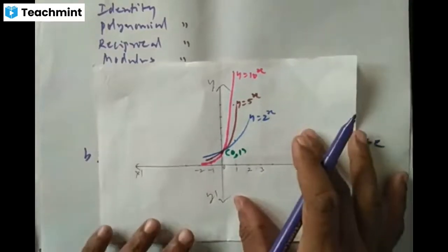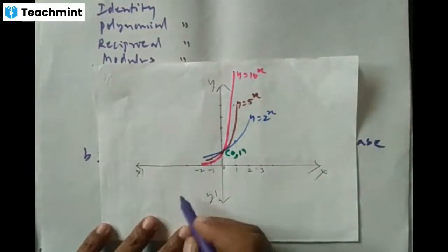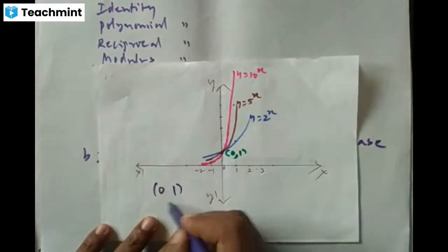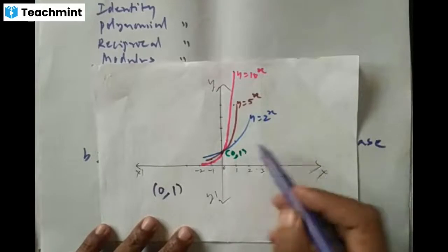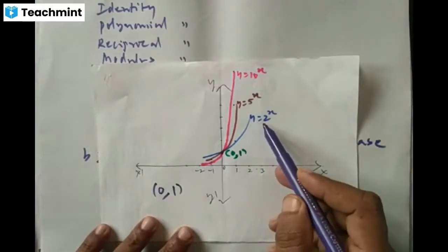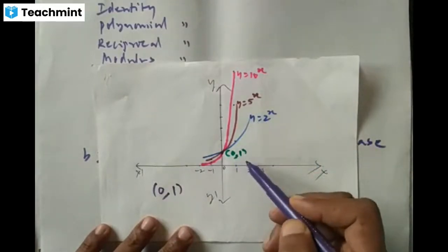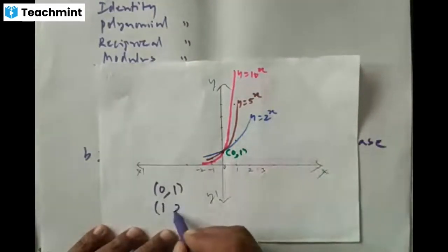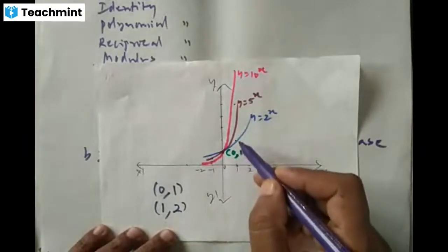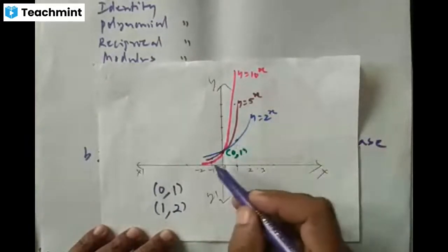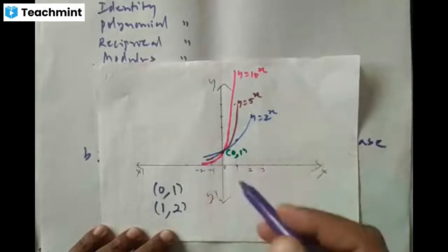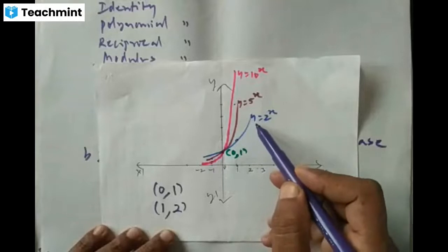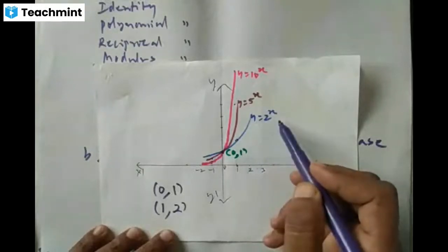You just take 2 points. See, for x is 0, the value of 2 power 0 is 1, right? So on the graph of the function y is equal to 2 power x, we have the point (0, 1). Next take x is equal to 1, value of y becomes 2 power 1 is 2. So when x is 1, y is 2, correct? So I got 2 points. So join them, draw the graph. So the blue color graph is graph of the function y is equal to 2 power x.